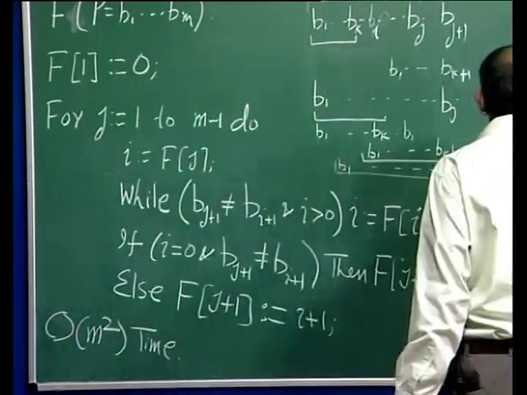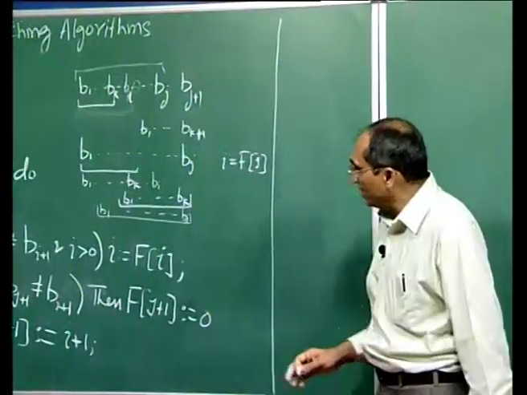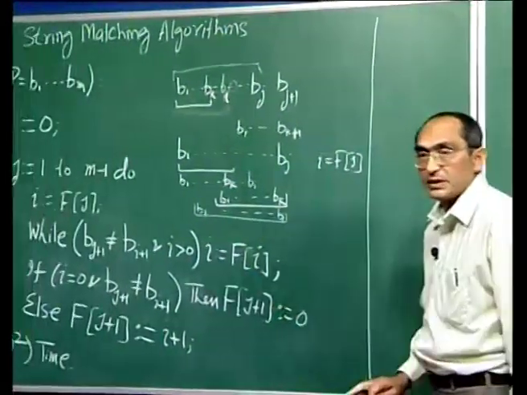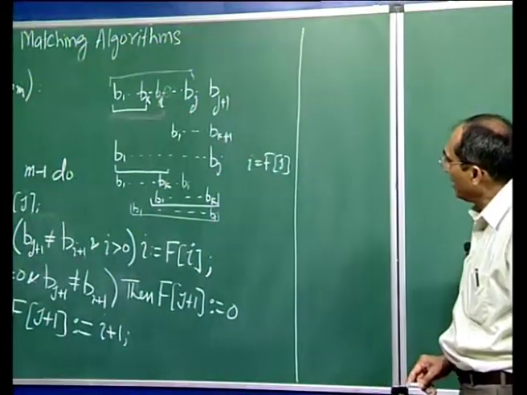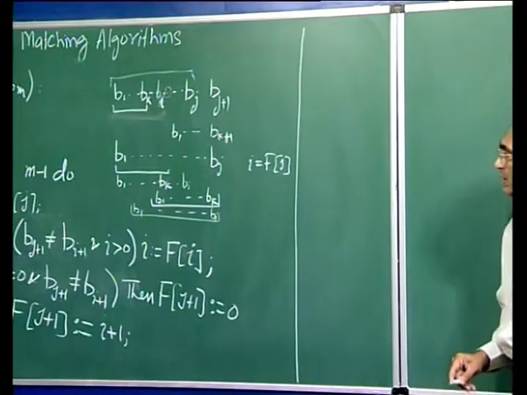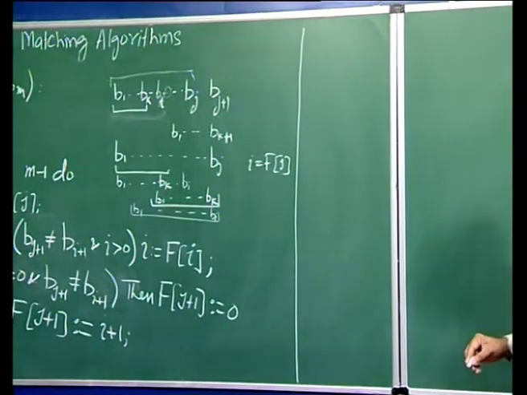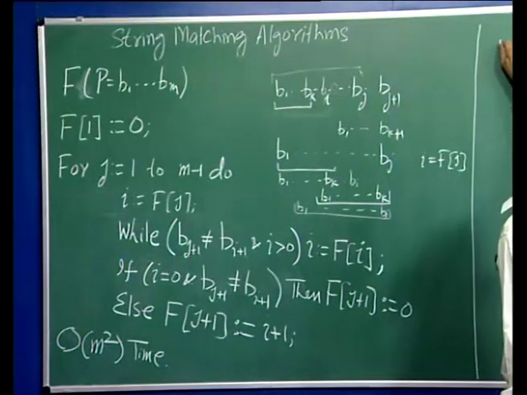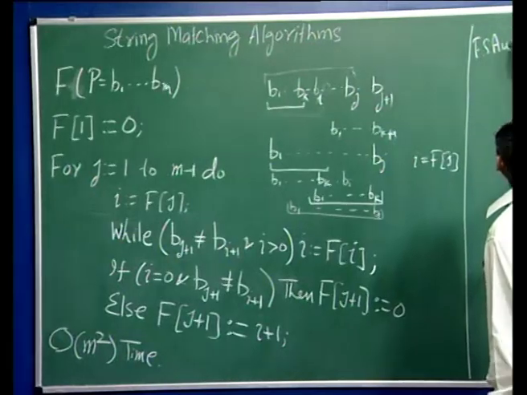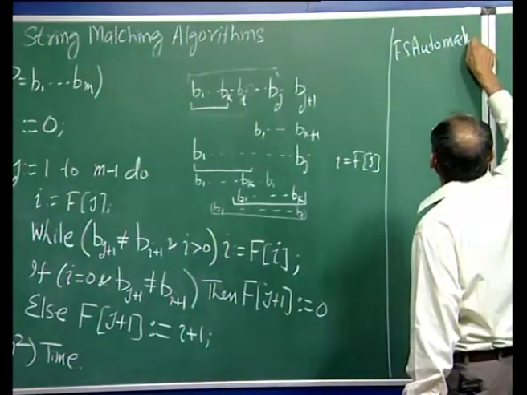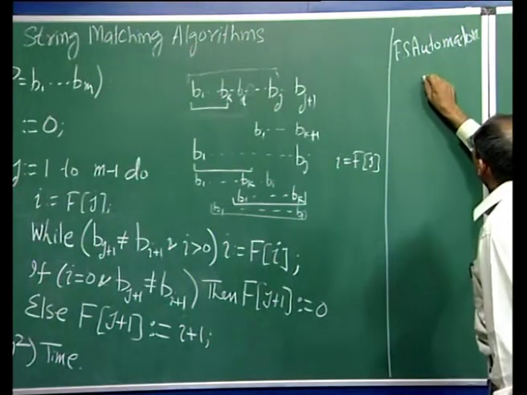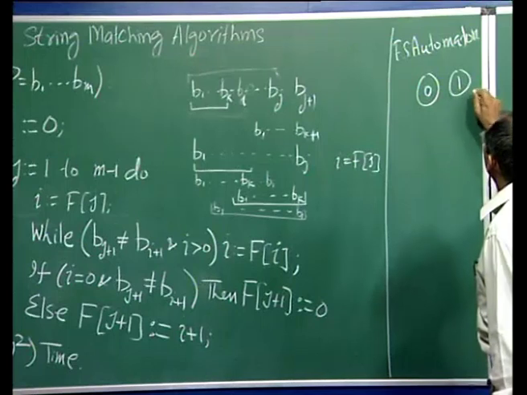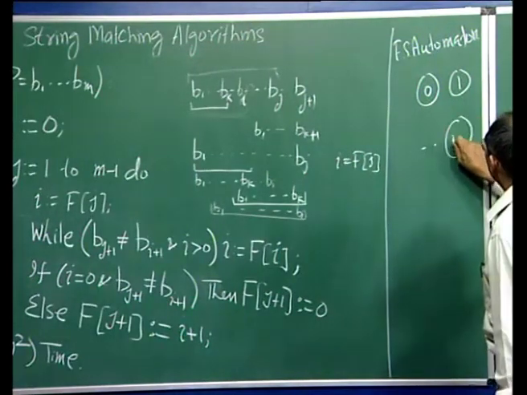Now, we have done some pre-computation and we have enough information to do a more efficient search. What we will do is devise a finite state automaton in which we will have states from 0, 1 through m,